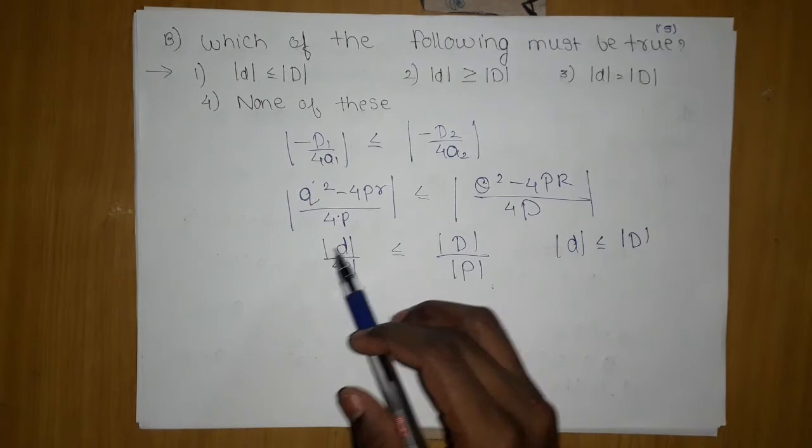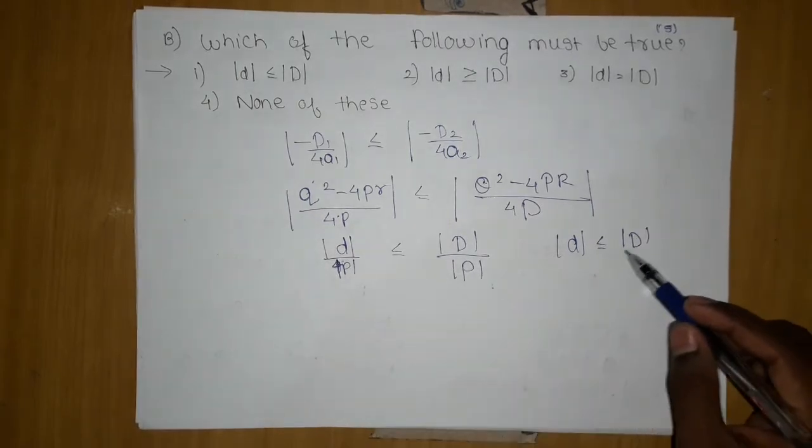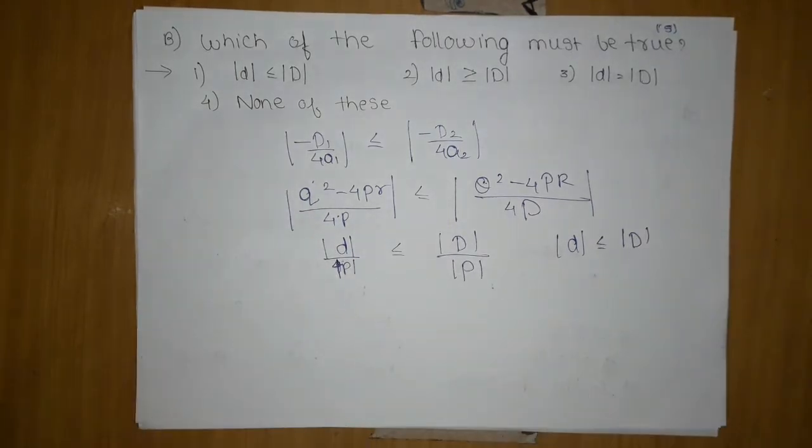Okay, so we can conclude from this part that D is less than or equal to mod D. These questions you cannot directly solve, I'm telling you, no matter how many concepts they teach you in classes. If this question appears for the first time, it is fresh to you, you cannot solve it in a single attempt. This problem should have appeared in front of you once while tackling problems from this chapter.